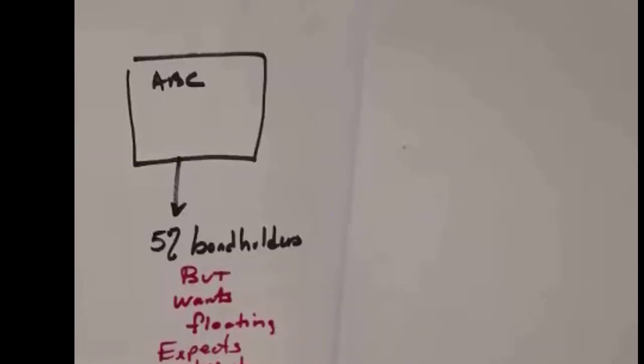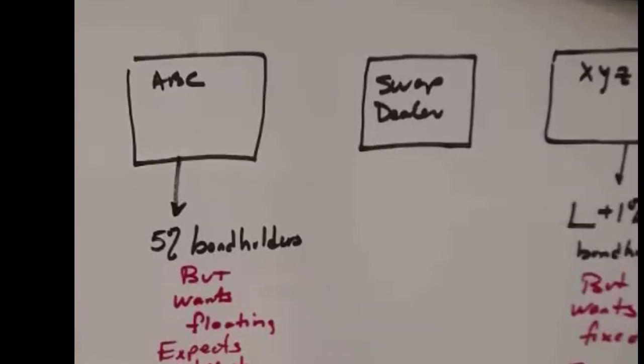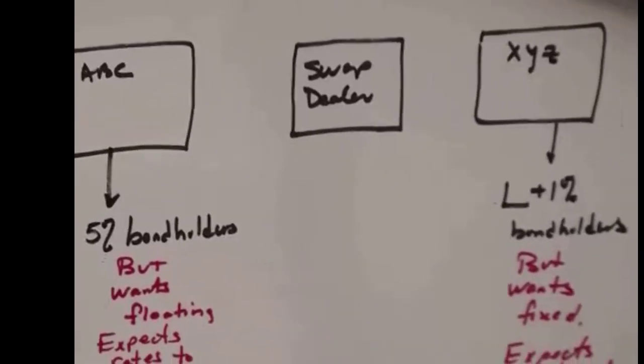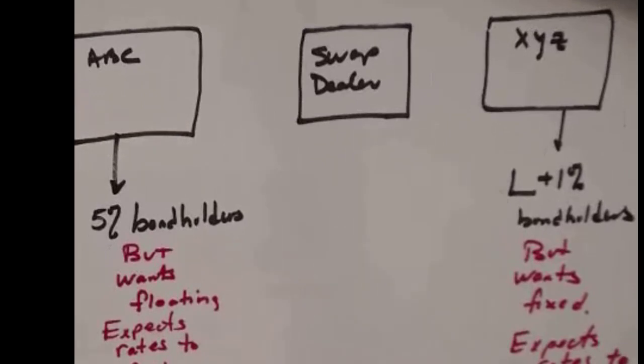That's what's happening here. Now, that means we're going to have in the middle between these two parties a swap dealer. And that swap dealer is in the middle. And so let's try to craft a situation where we can satisfy both parties here based on their expectations for